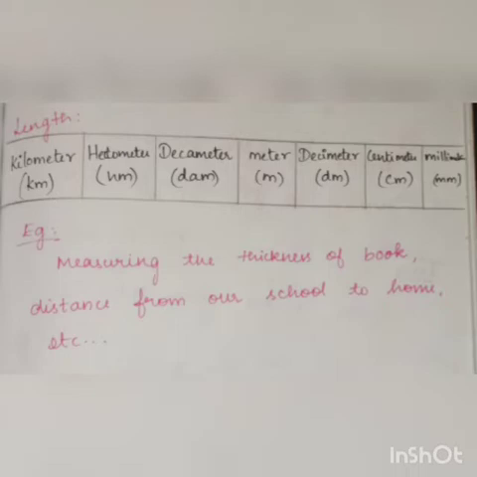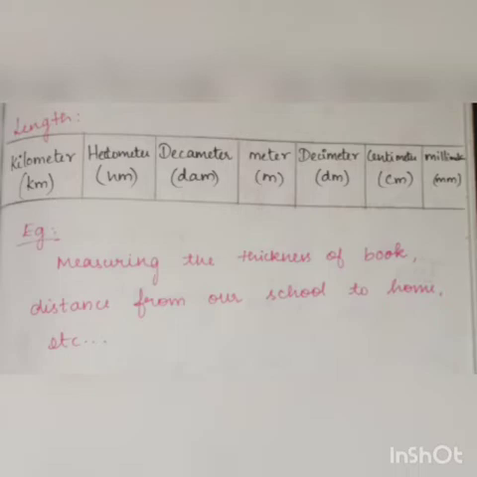Okay, so we have arranged them from largest to smallest. Here kilometer is our largest, millimeter is our smallest. What will we measure with kilometer? We will measure long distances, like from Coimbatore to Erode, this much, 100 kilometers. Millimeter is for very small lengths, like an ant's length is somewhat 10 millimeter. It is not accurate, but I am saying.